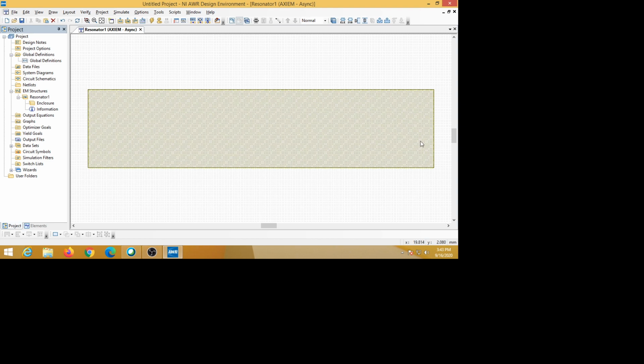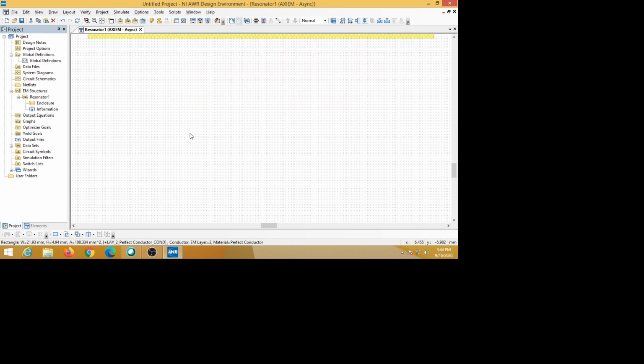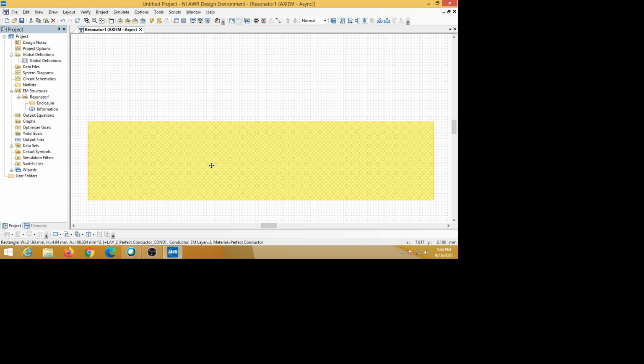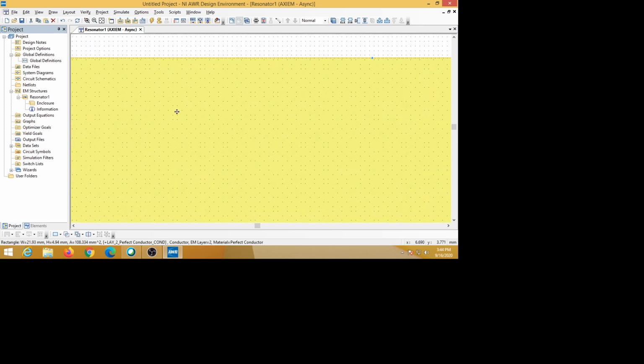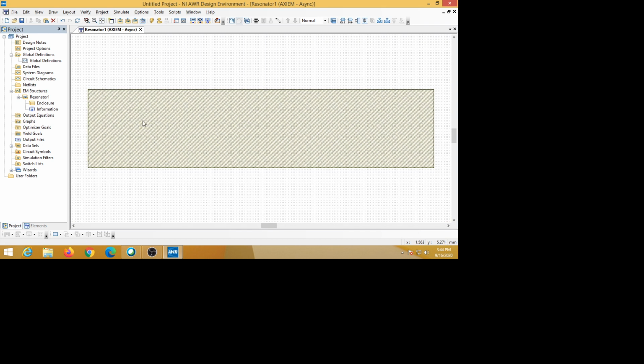9.43. Okay, this rectangle has come, but what is the color of this rectangle? The rectangle has appeared, but is it our copper material? We have to check. If you enlarge here, we can observe lines or stripes that are slanted like this. But is it the correct material or not, we have to see.